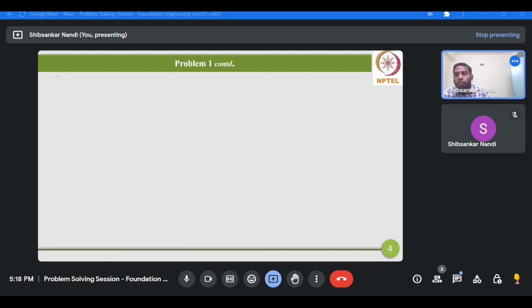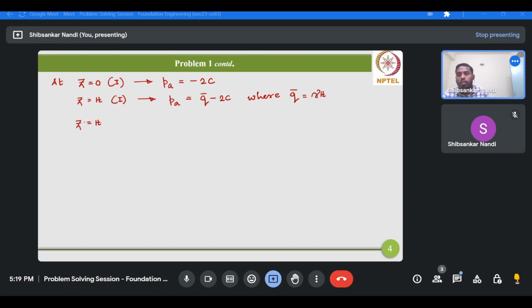So at Z equals 0, in region 1, you are having PA value equals minus 2C, and at Z equals H, in region 1, your PA value is q bar minus 2C, where this q bar equals gamma H. And at Z equals H, in region 2,